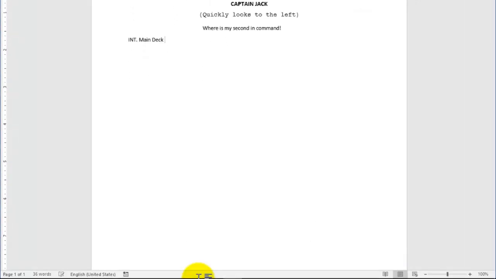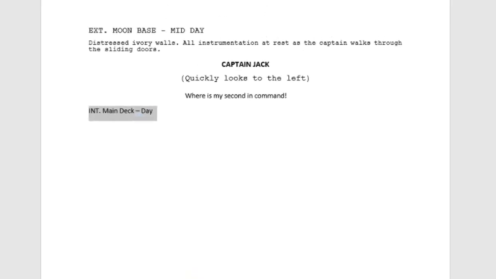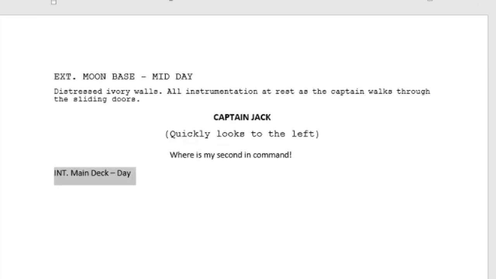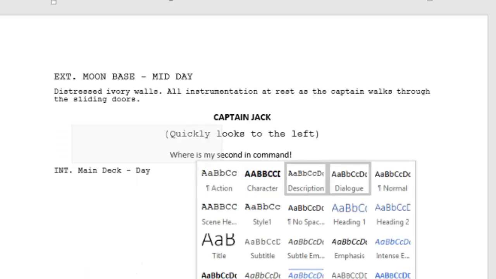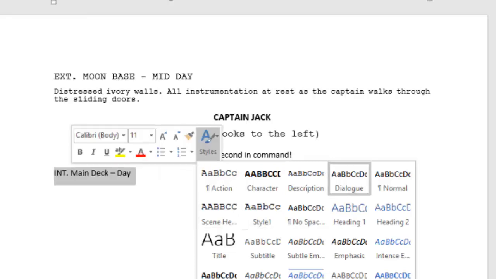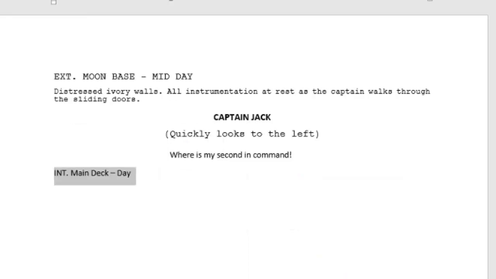Now you notice how I wrote that, just any way. Now all I gotta do is highlight this, and if I go to my styles, that was the header right here, the scene header. And what I did for that one was I used my shortcut key.